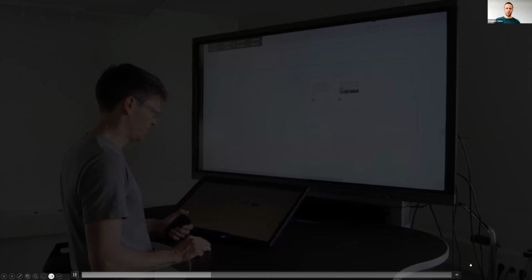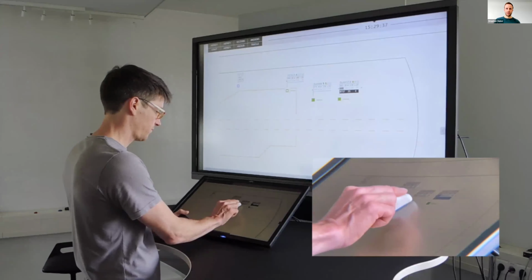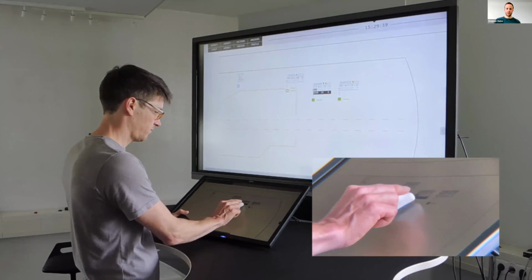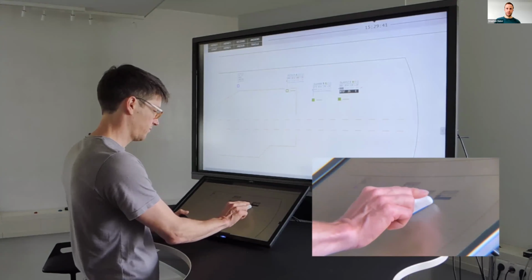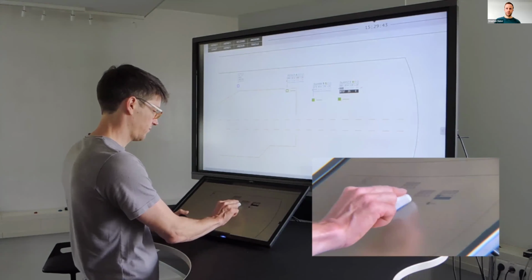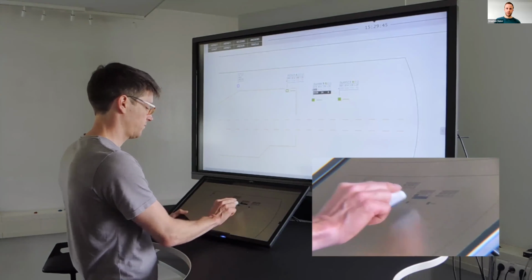And I do hope that sound is also passed on to Zoom, then you will hear